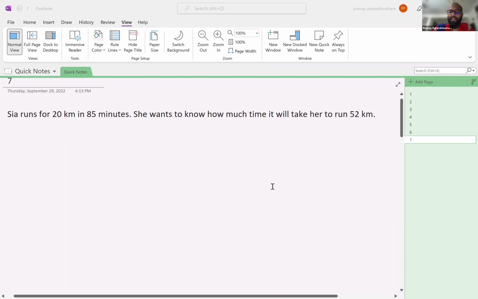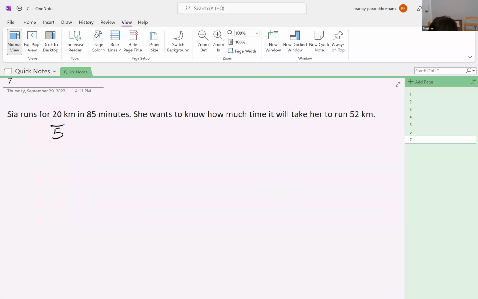So you did it in the 5 table, right? Yeah, divided by 5. So 20 by 5 is 4, right? Could you help me? I'm kind of getting confused. Could you help me on this one a bit? It's 20 over 5, right? It's 4. Yeah. So the ratio is 4 kilometers. Here she is running 4 kilometers in 17 minutes, right? Now 52 kilometers, how much time will it take? Okay, so, oh, I know. Wait, I gotta multiply.